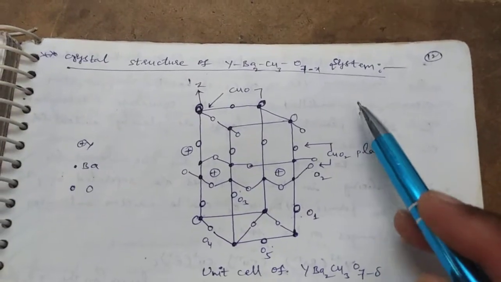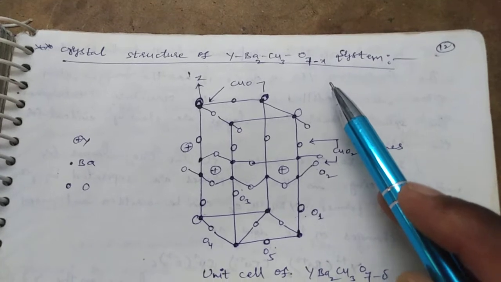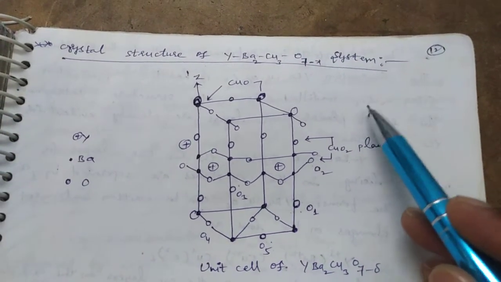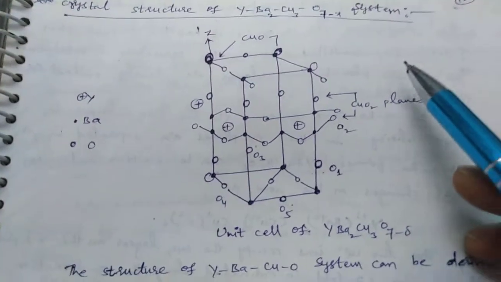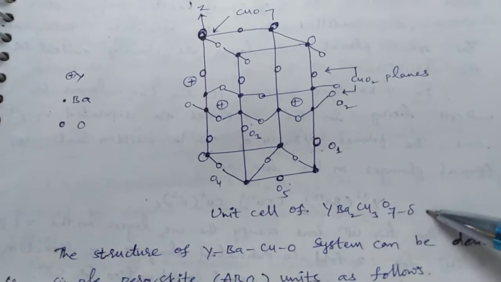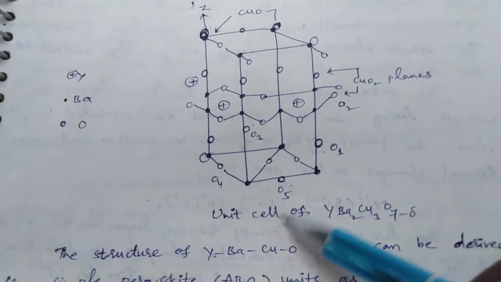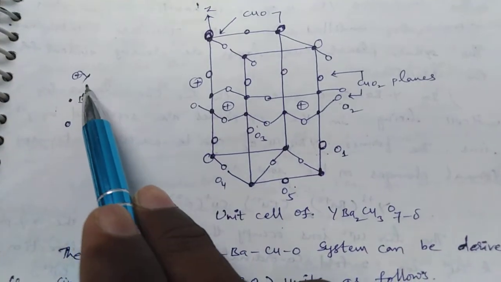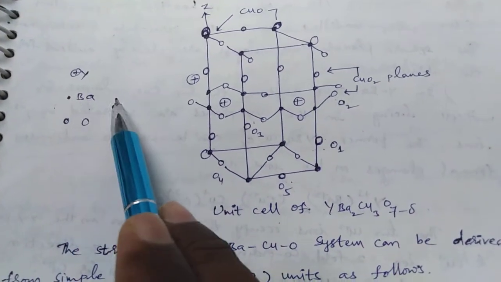Next topic is the crystal structure of the YBa2Cu3O7-x system. This topic is very important for the long question. So we have one diagram for the YBa2Cu3O7-δ. It is the unit cell of the YBCO system, where the plus charge indicates yttrium atom, dot indicates barium atom,